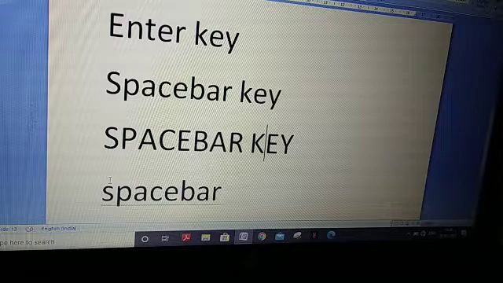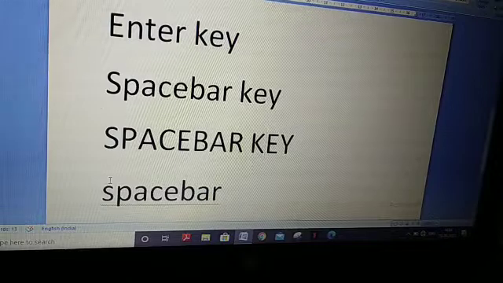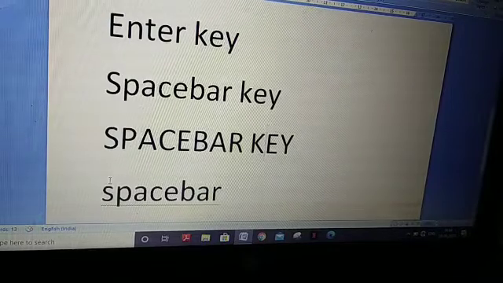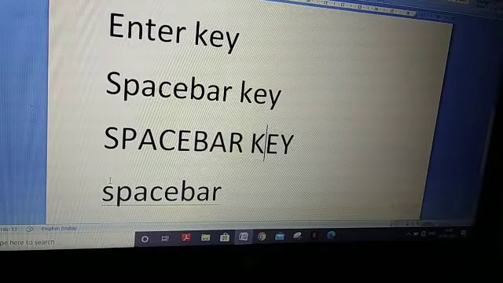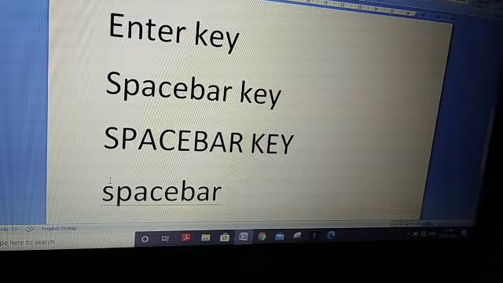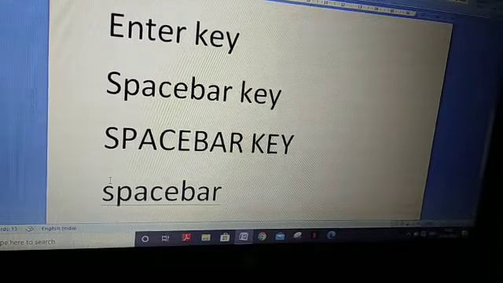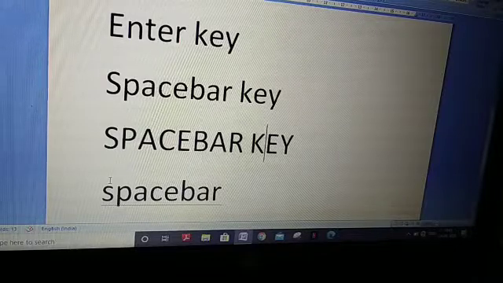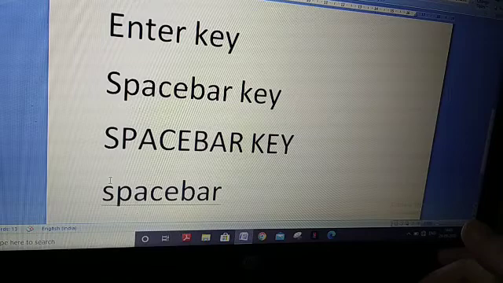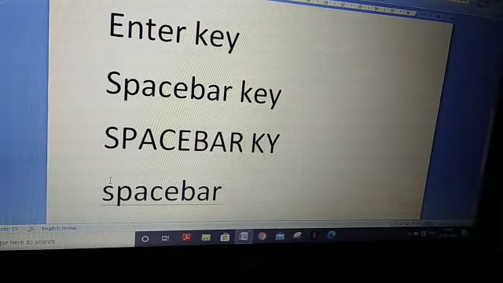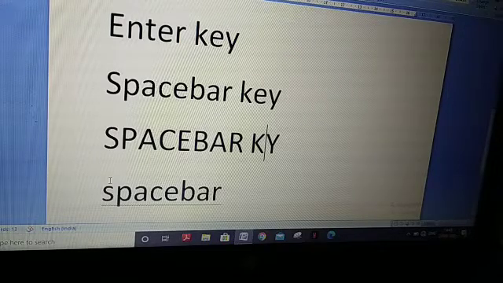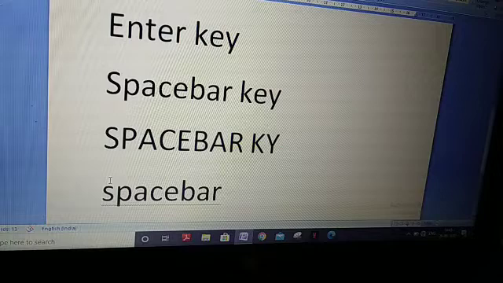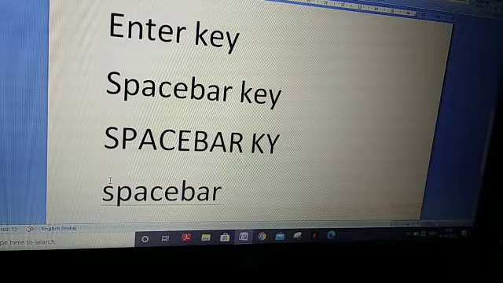Okay. Delete key I showed you. Delete key erases from the right side of the cursor. Where is the cursor? It is in between the K and E. The cursor is blinking between K and E. Now, if I have to erase E, which key should I press? Yes, of course, the delete key. The delete key erases the character from the right side of the cursor.